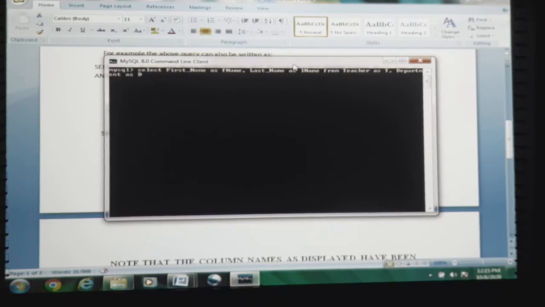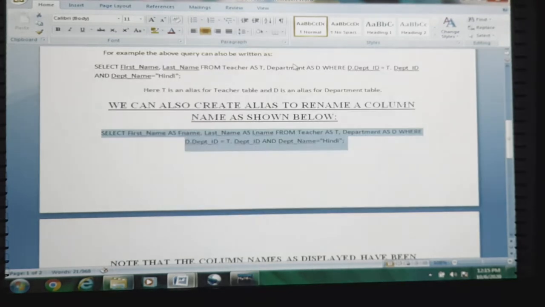From which table? That is the teacher table, as well as the teacher table is getting interconnected to department by means of join operation and referential integrity. So both the tables need to be specified.